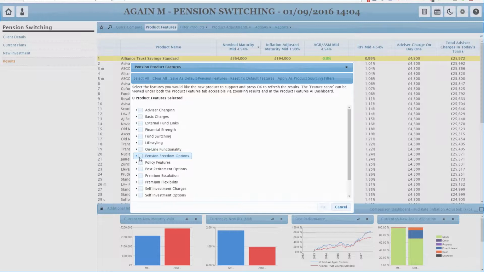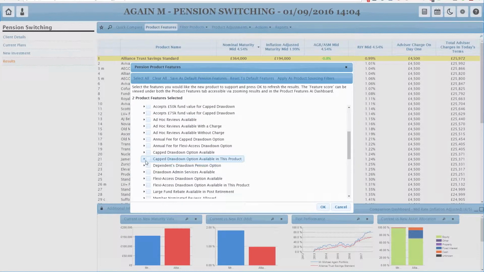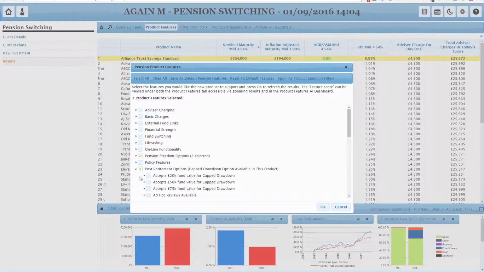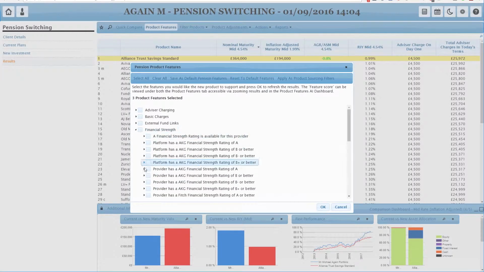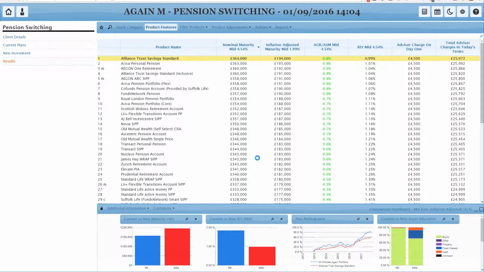Okay. So let's tick pension freedom options. If I tick the headline box, it will do both of the ones underneath. If I go in to the subsection, we can do it from there. Let's have a look. Okay. Now that hasn't done anything to the list. I've still got all the products in there. And on the face of it, nothing here has changed. If I zoom that though, if I zoom the results list,